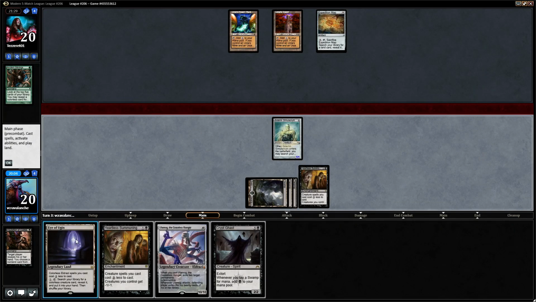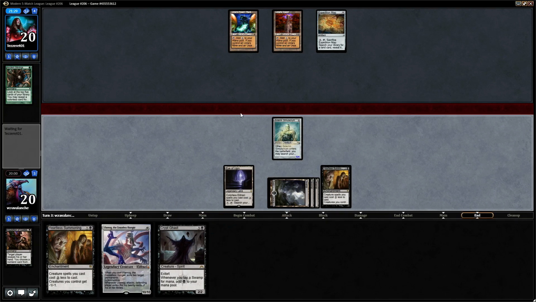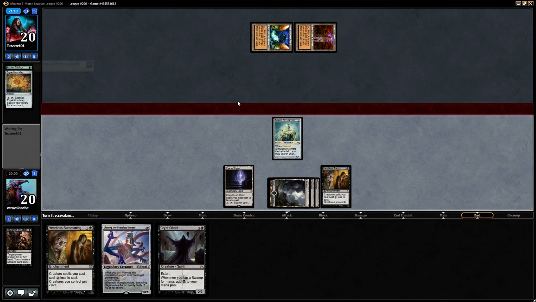And then we can put in the Eye of Ugin. And we're getting closer. But he's got Tron assembled with the Expedition Map. Might just be a little bit too slow, because we can't even cast the, after he blows the...